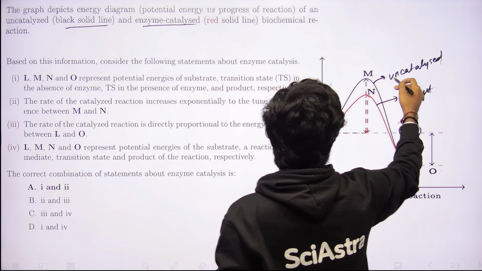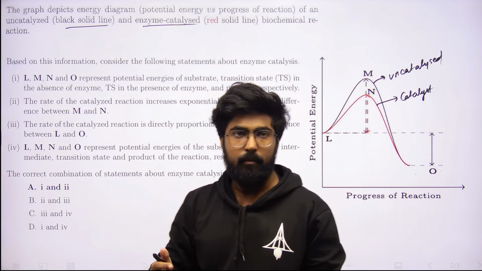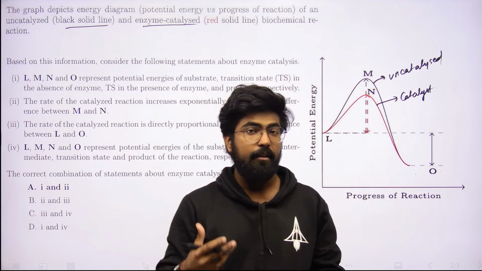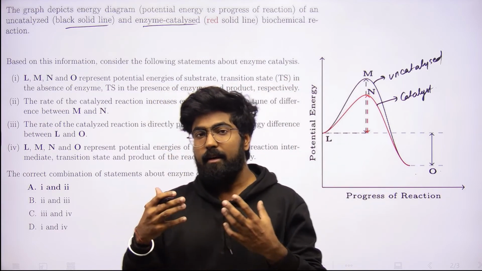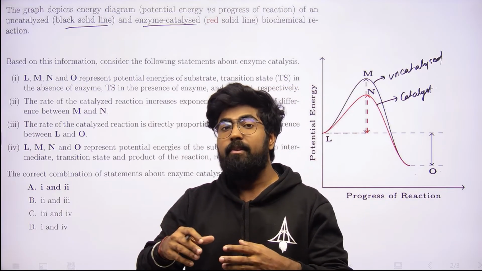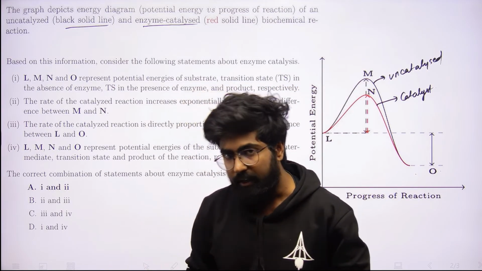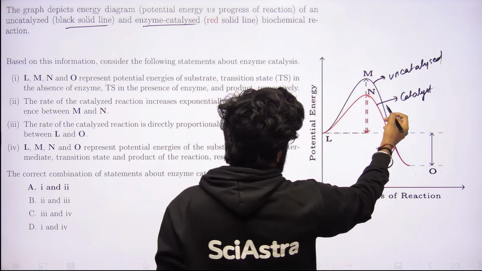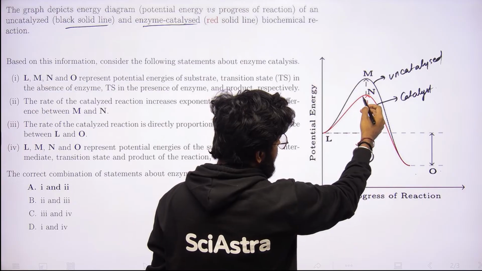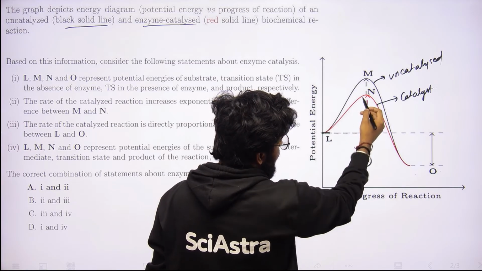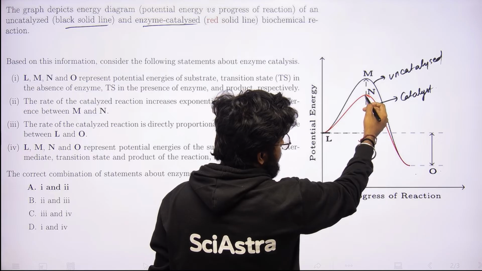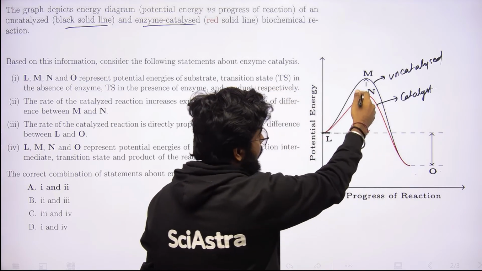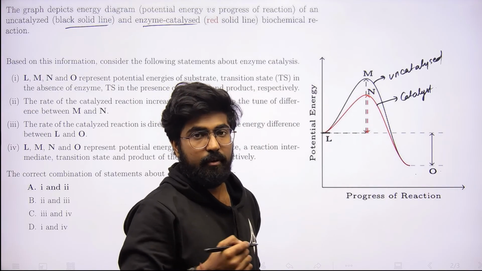So basically two forms of this particular reaction have been given to you. One is with the catalyst, the other one is without the catalyst, and we very well know that a catalyst can significantly reduce the activation energy and increase the rate of reaction, right? And this is what is happening here. As you can see, the activation energy, that is the difference between the energy of the reactant and the energy of the transition state, is known as activation energy, and we can see a significant amount has been reduced in the case of the activation energy of the catalyzed reaction.